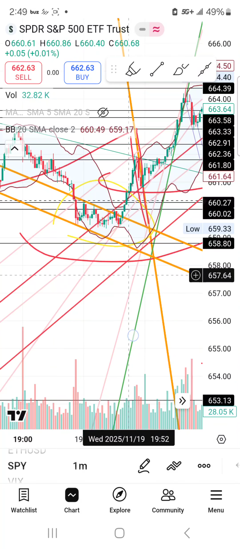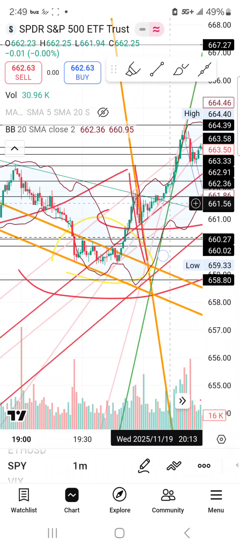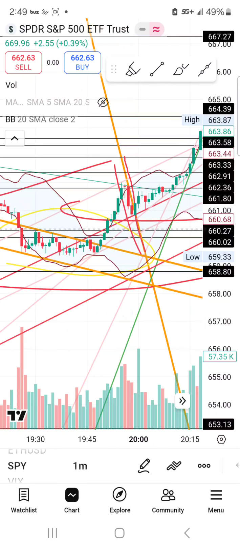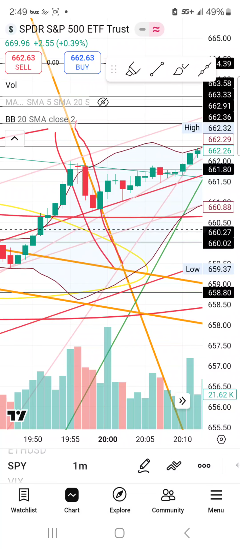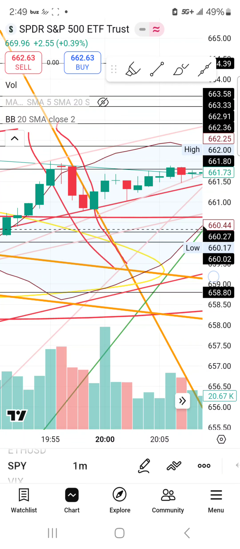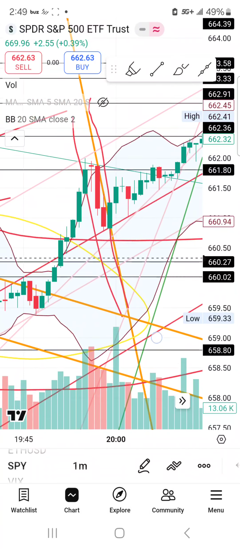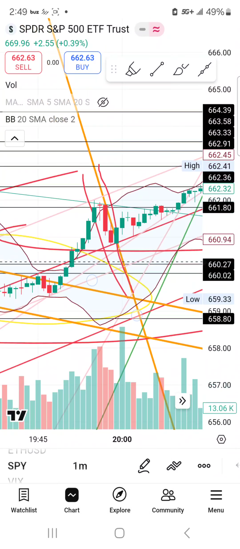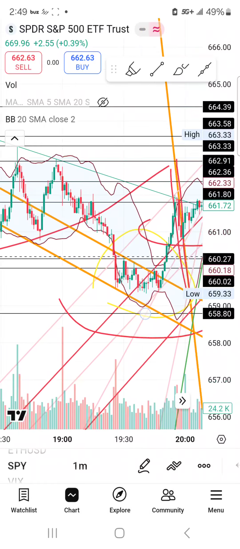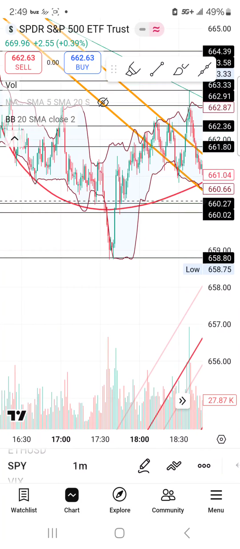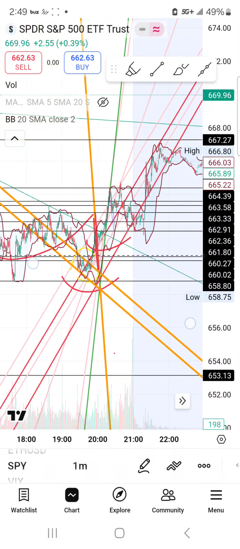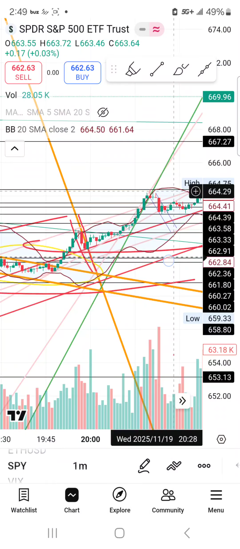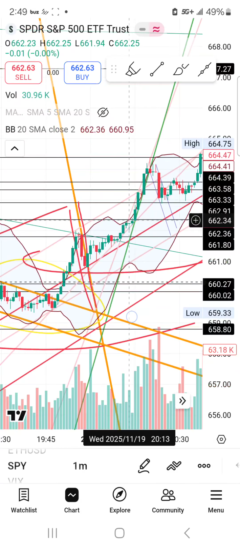So whoever got in right here, beautiful. But I decided to wait. I wanted to eat my food, make sure I was in a good state of mind to trade. I'm trading my account with less than $100, and that's for the sake of accuracy and precision. And I need my money for other things right now. As well, I'm going to show y'all the loss. I'm going to show y'all what got me the other day. But before I do that, we got all the way to 664. I think I took my profit.